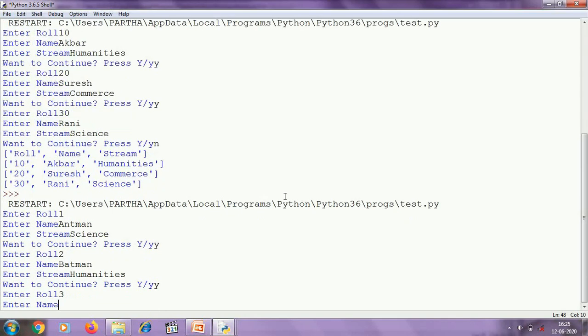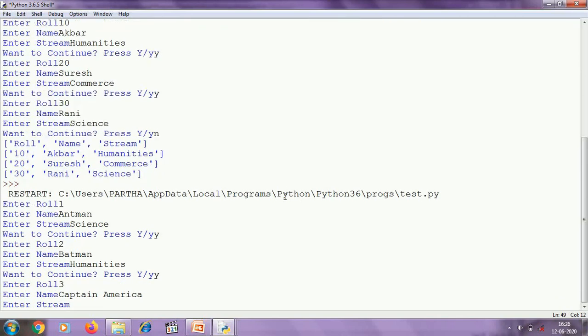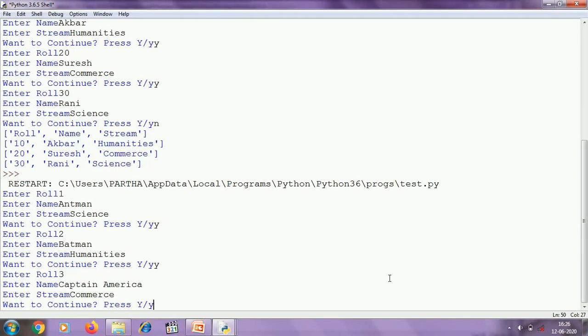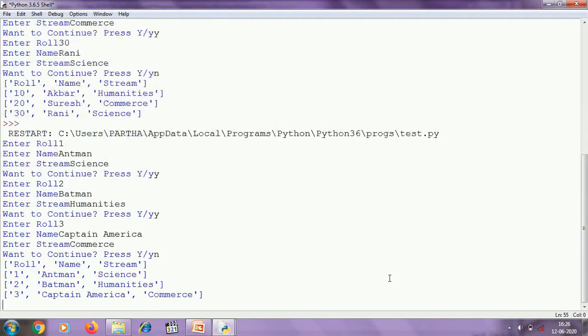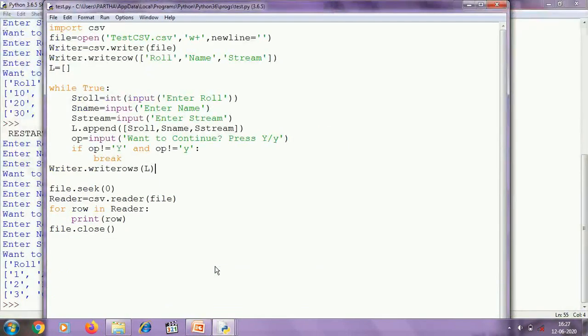Roll number 3, enter name Captain America, and stream commerce. 1 to continue, no. And you can see that using the writerows method I have written multiple rows to the file.